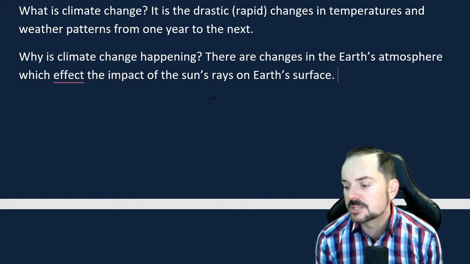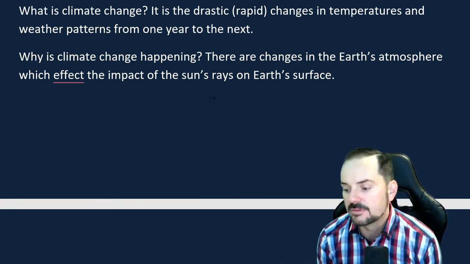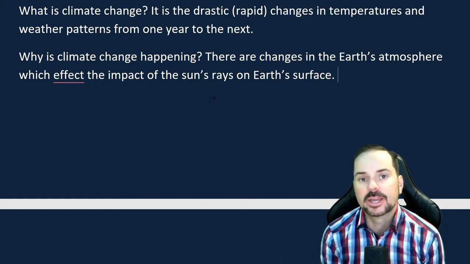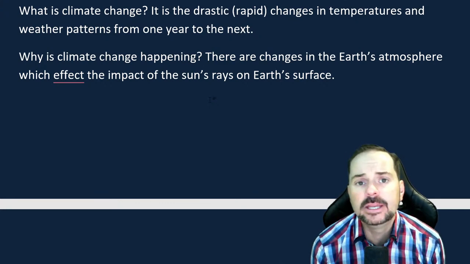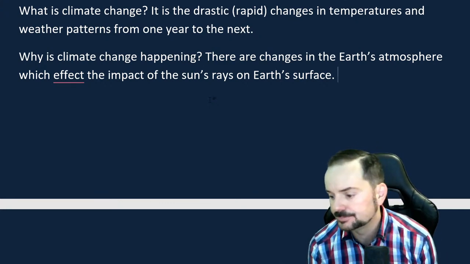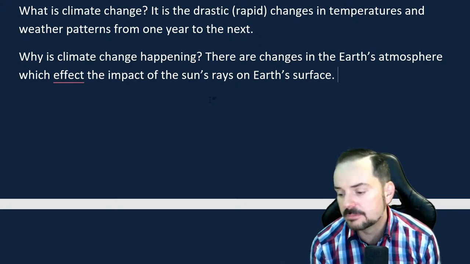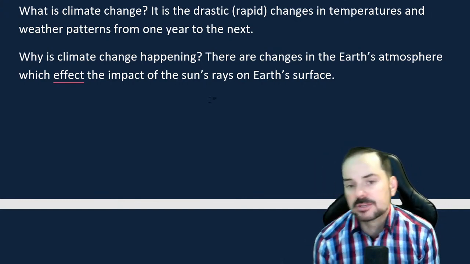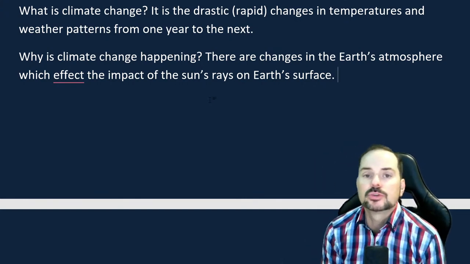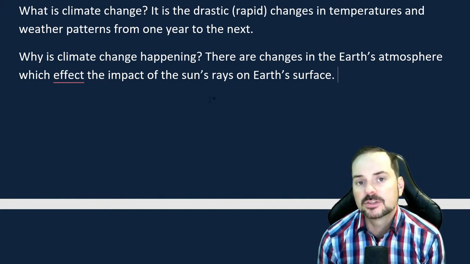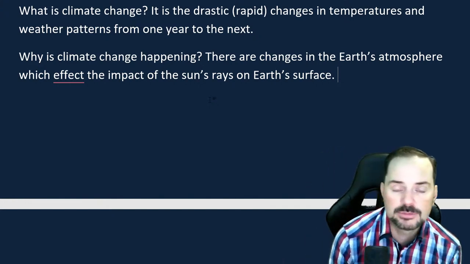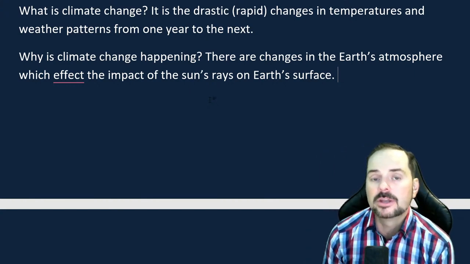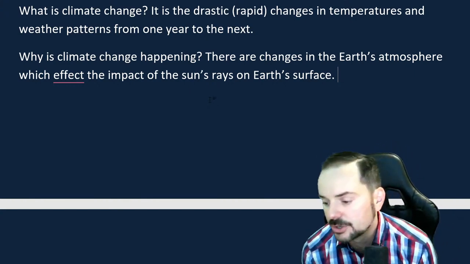Amrit is saying nowadays many people are cutting down trees and using private vehicles. Amrit, that's more of the how, right? So how is this happening? Baljit says, due to heavy emissions. That's the how, Baljit. But why is it happening? It's not actually because of the emissions themselves. The emission itself isn't directly causing climate change. What's causing the climate change is the emissions are changing the atmosphere, and the changed atmosphere is changing the way the sun influences the Earth's temperature, right?